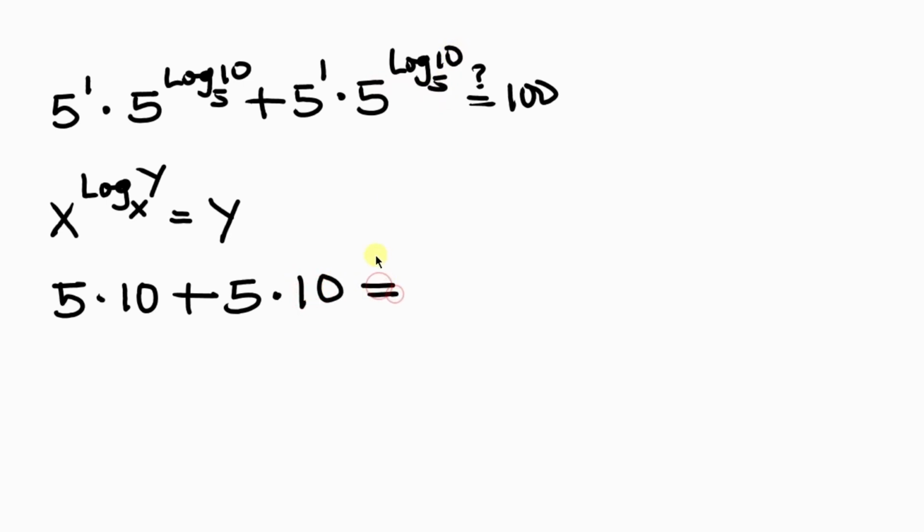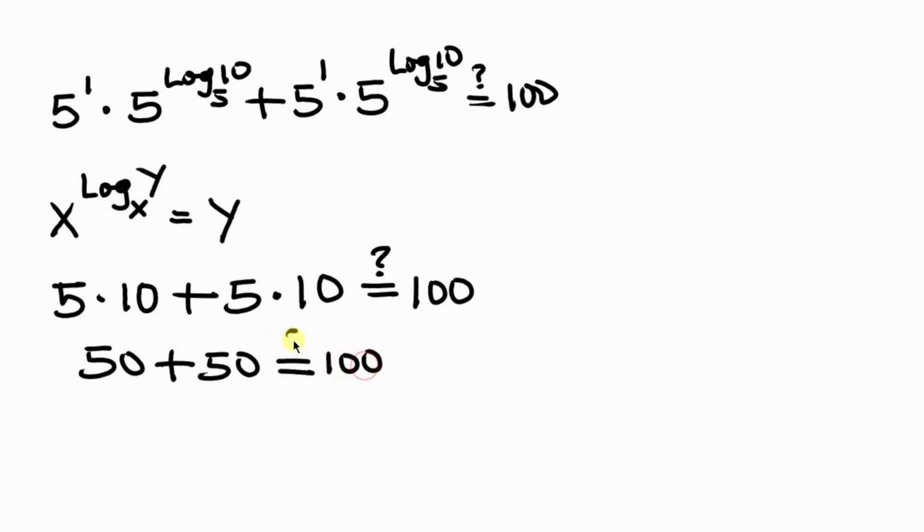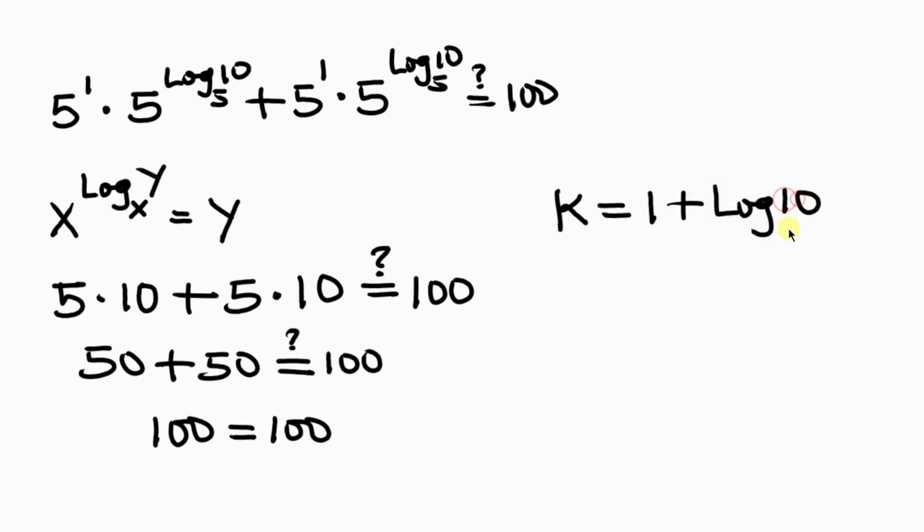So we're checking if we're going to be having 100. So 5 times 10 is 50 plus 5 times 10 is also 50. So will this be 100? 50 plus 50 is 100. And this is equal to the right hand side, that is 100. So we're trying to say that our value for k equal to 1 plus the log of 10 base 5